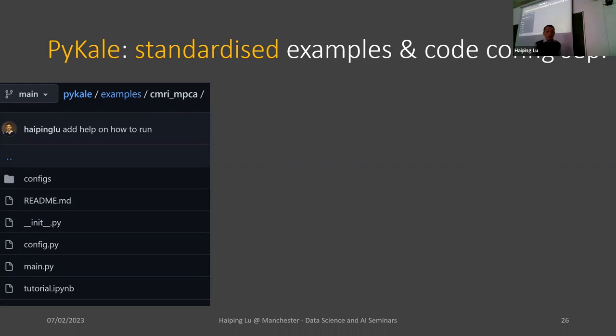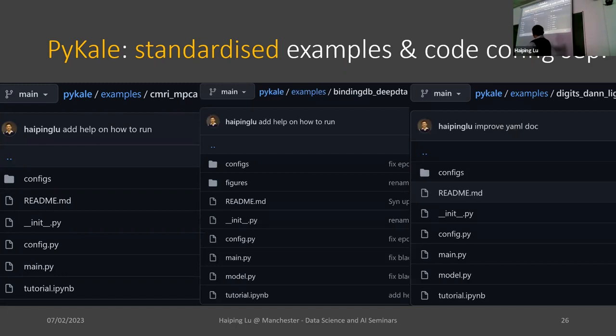And what we do is we want all our examples to look almost the same, right? Therefore, when you get familiar with one example, and when you move on to another example, you see almost exactly the same file. Configuration file, link file, tutorial file, configuration. It looks all the same. Right? This can greatly reduce the barrier, whether for medical imaging, for drug discovery, or for machine learning applications. It looks all the same. I think it can help you greatly reduce the barriers.